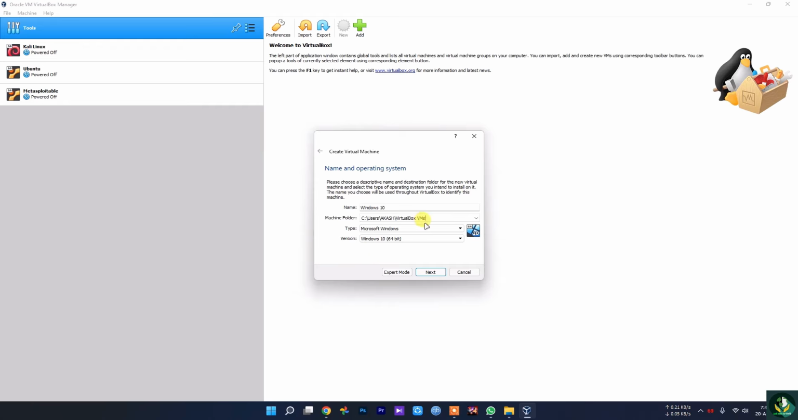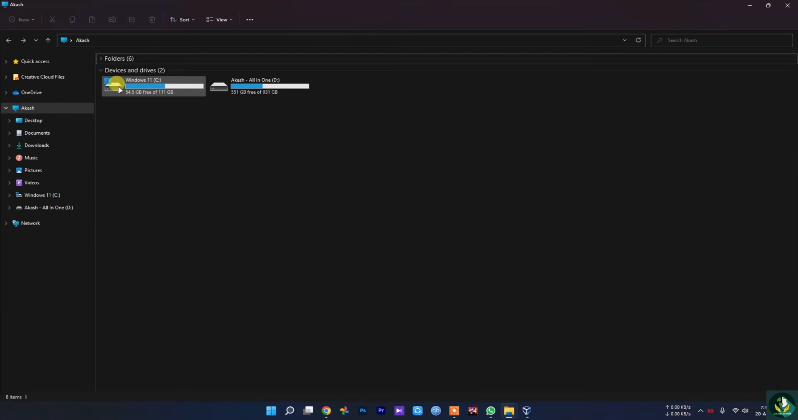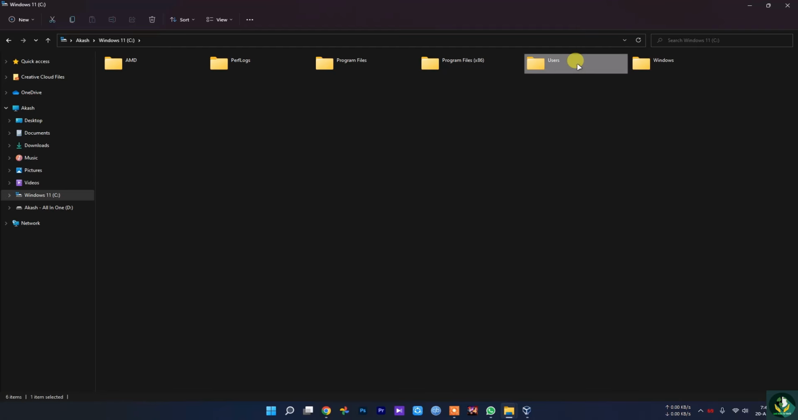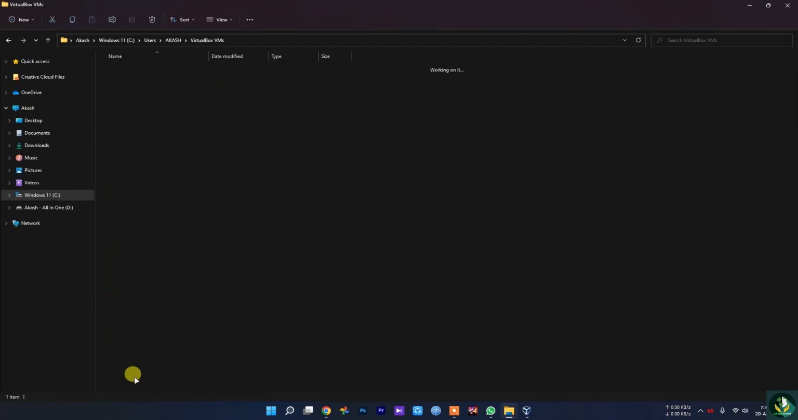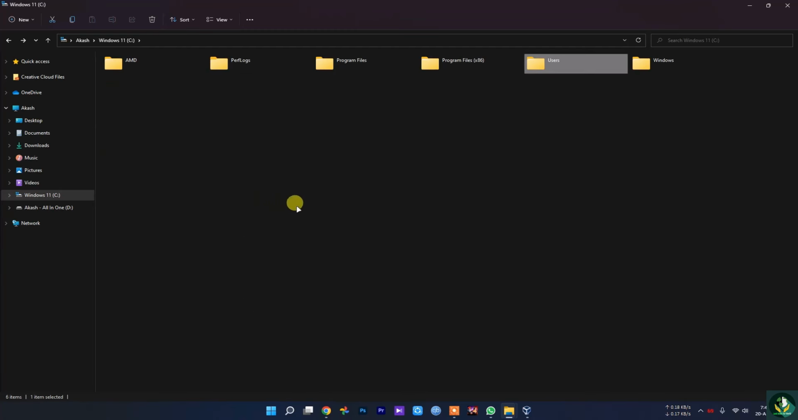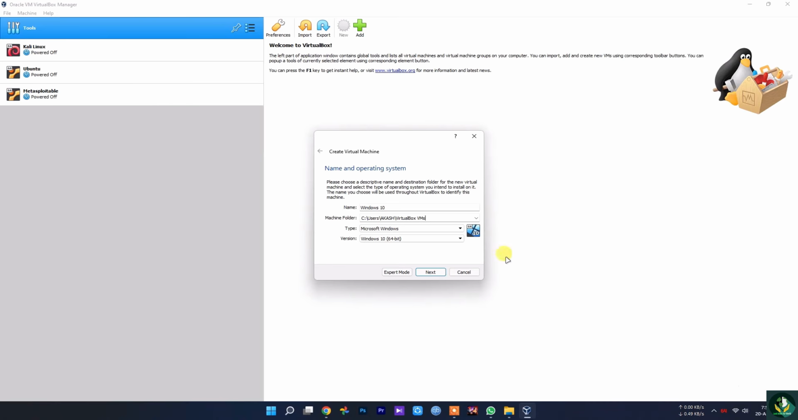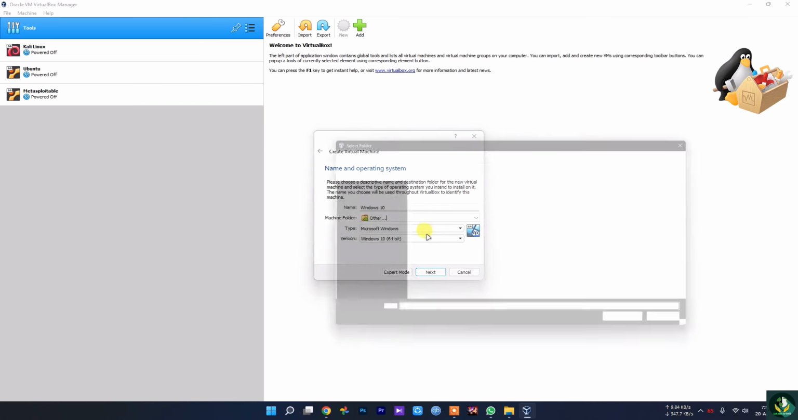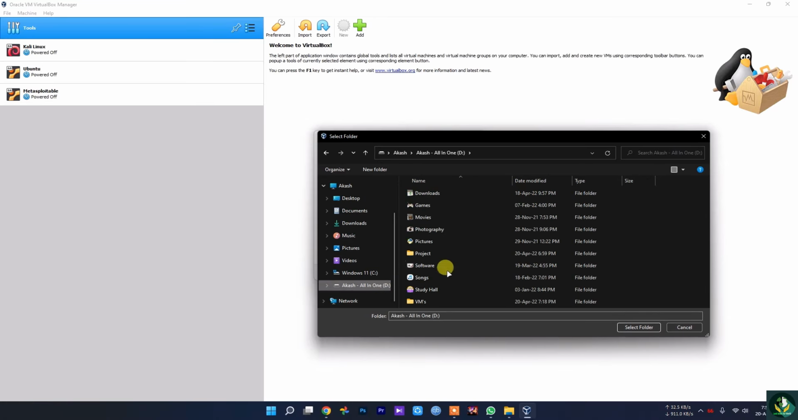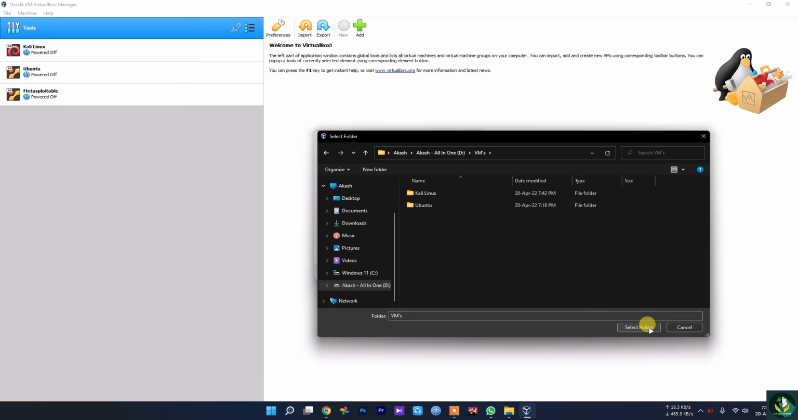Machine folder. Okay, should I use this in here? Okay, let me check my machine folder. User Akash, VirtualBox, metasploitable. So no, we are not going to use it in here. Okay, let's select our destination folder where this virtual machine will be installed. So this is my virtual machine folder. So select this folder,